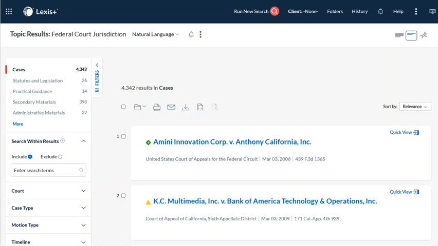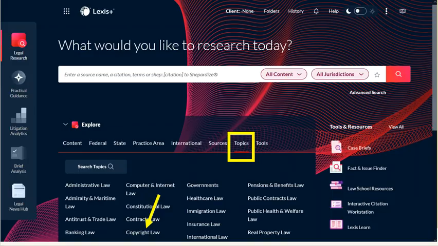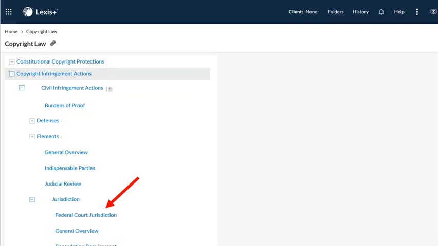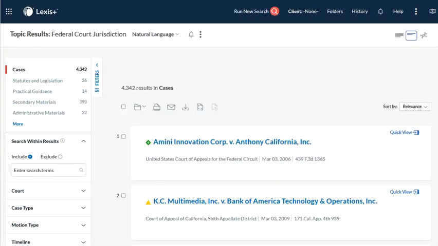We can now narrow this result set using any of the narrow by filters on the left, including a search within the results set. If we don't have a case to start with, we can still use the Lexis Topics to find relevant law from the Lexis Plus homepage. Select the Topics tab. Let's use copyright law as an example. We can now expand this outline of the law to find the topic we are interested in. Clicking on that term, in this case, federal court jurisdiction, takes us to the same cases we found when we